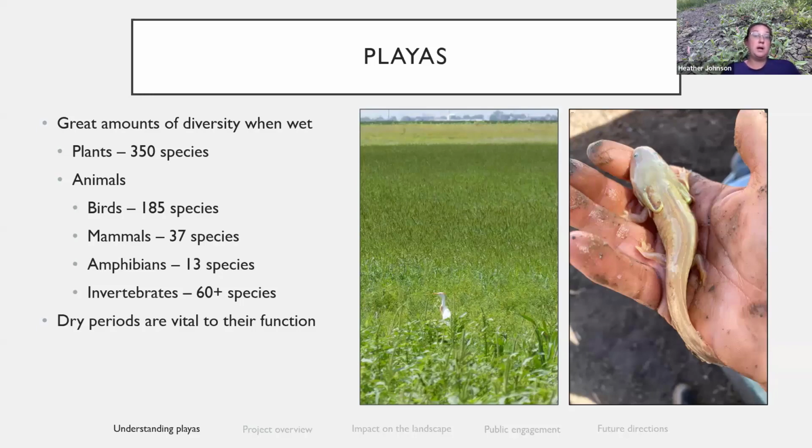you get more problems. Like in Nebraska, some of those playas are either pumped regularly with water or are just wet way more frequently. We get a lot more problems with invasive plants or monoculture plants such as reed canary grass, river bulrush, and cattail. We're very fortunate here in this part of the country that we don't have a lot of those problems.